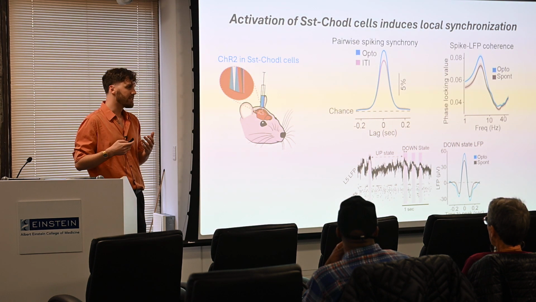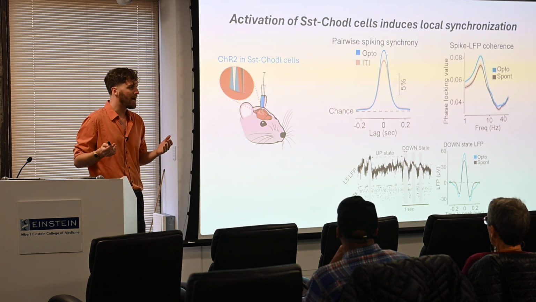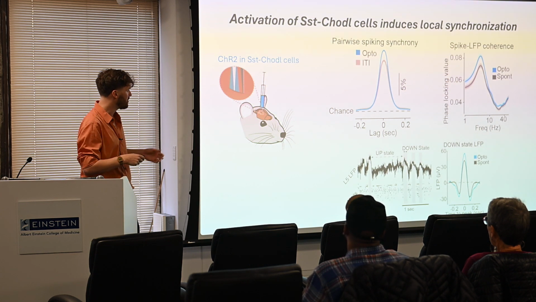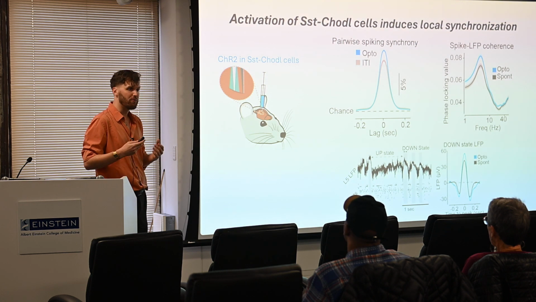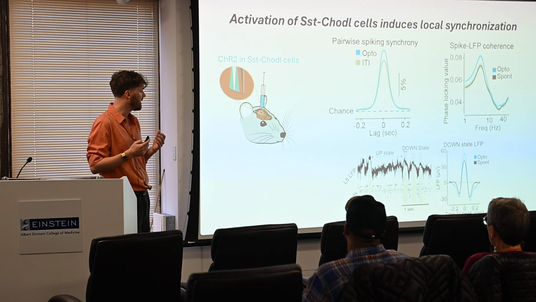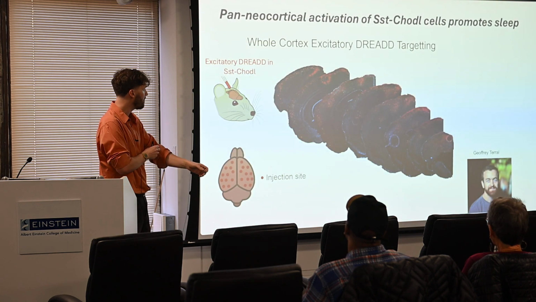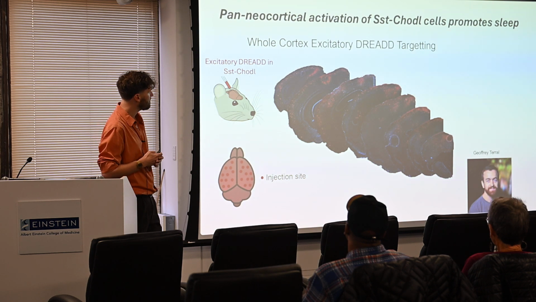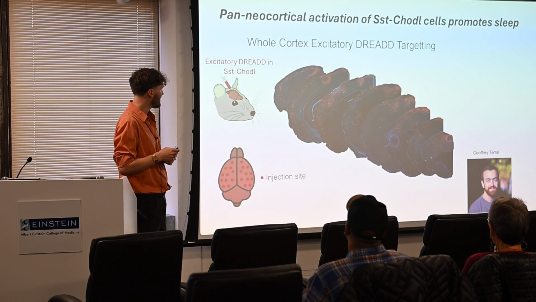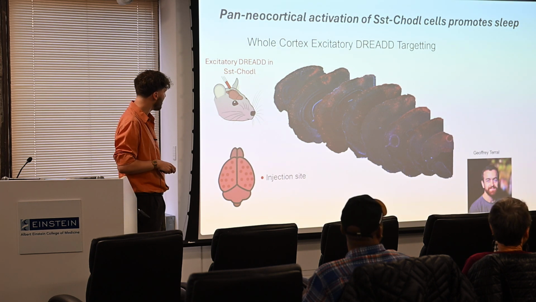And given that we can see this, we started to ask the question, what happens to the rest of the animal? The animal is still in whatever sleep or wake state it is here, but if we activate these cells across the entire brain, can we start to change the behavioral state of the animal as a whole? And in order to ask and answer this question, Joffrey and I came up with this somewhat crazy experiment where